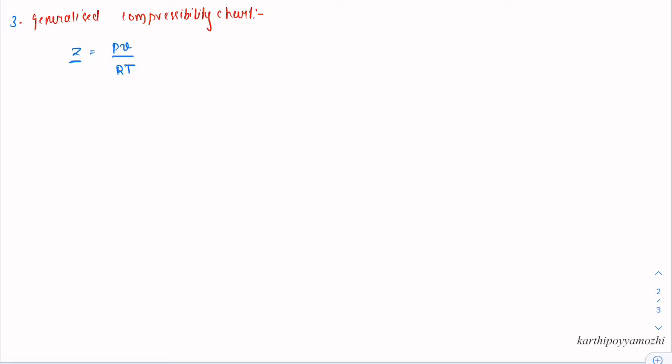So the reduced temperature is given by the equation TR is equal to T divided by Tc, that is the temperature divided by critical temperature, and the value is 2.28,